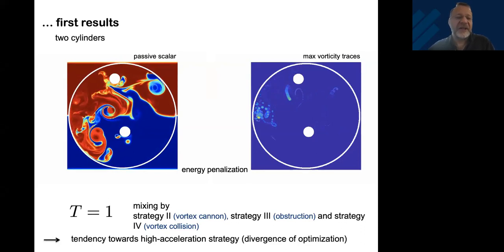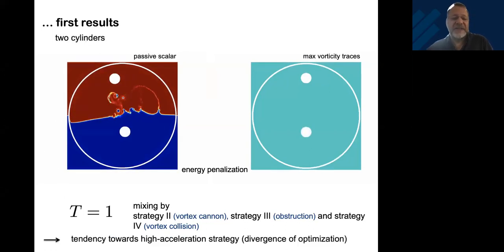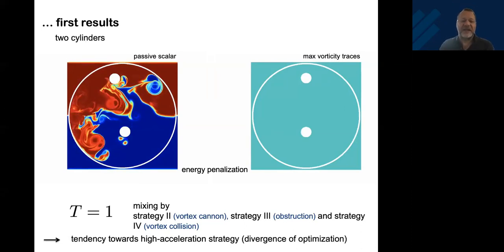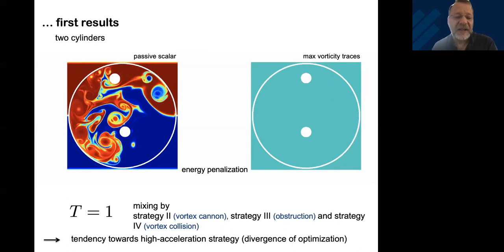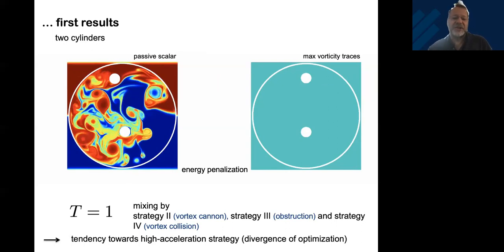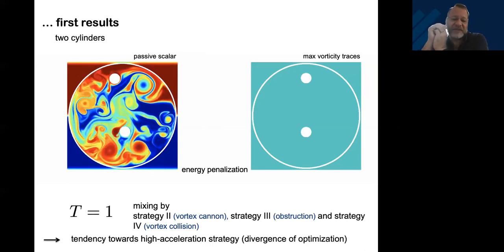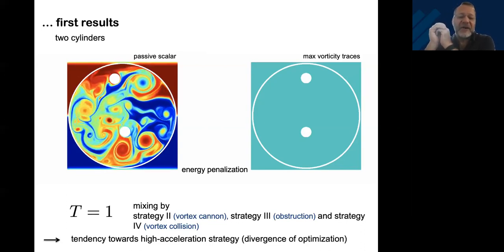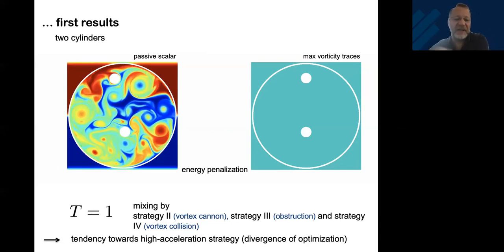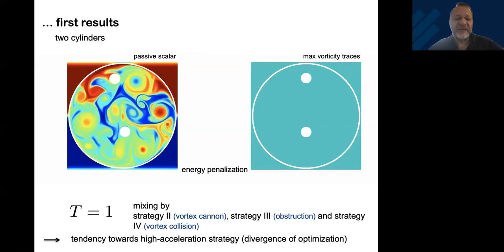But I actually jumped ahead here. Sorry. Let me show you what happens when you do two stirrers on that circular path. So now we have a little bit more possibilities, because both can do this jerky motion, and they can actually shoot vortices towards each other. So now they can play with each other and go into this pinball activity with the stopping and starting vortices. And that's exactly what we see here.